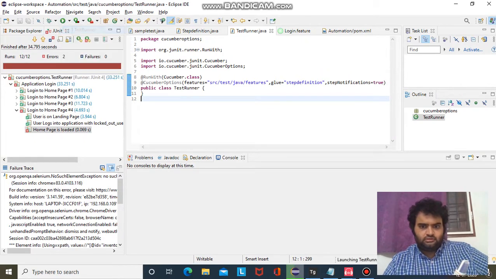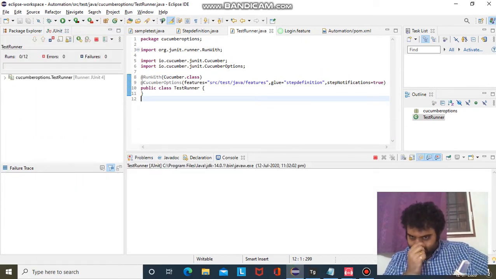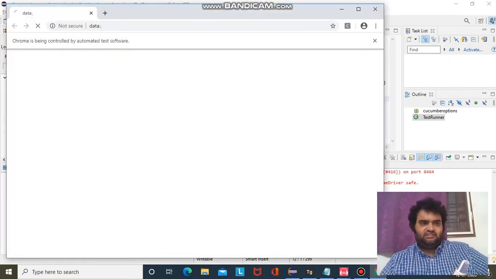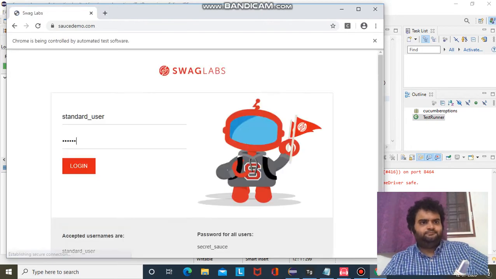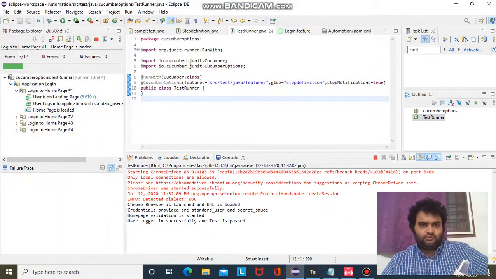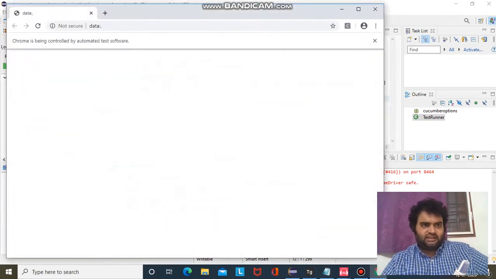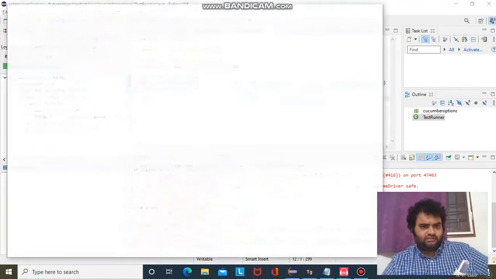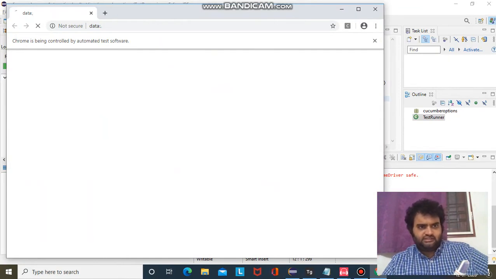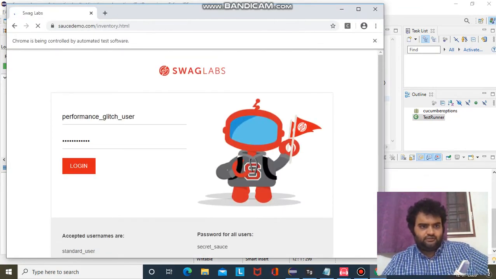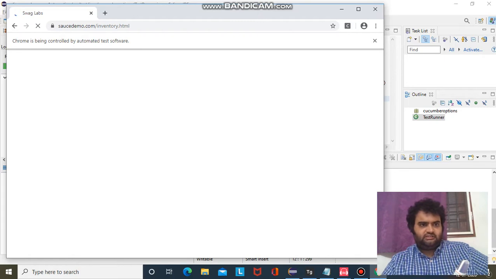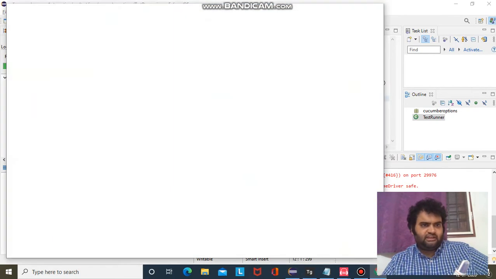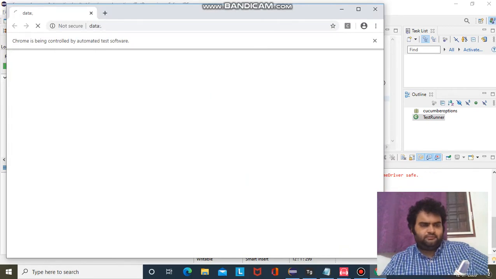I'm running this, so you can see how my system is being loaded. My first test case started running and you can see the test data, it is working correctly, and the second test case started running. Yeah, it is executed. The third test case is the valid test case. Yeah, it is also working fine. And the fourth test case is the failure one.